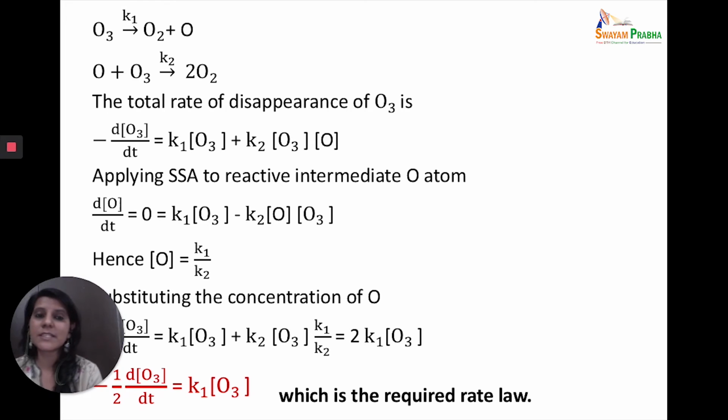So the steady state approximation has great use while studying reaction mechanisms, where either the slow step involves an intermediate concentration or where in the mechanism I do not know which is the slow step, that is, we have comparable values of rate constants. We will look at some more examples.